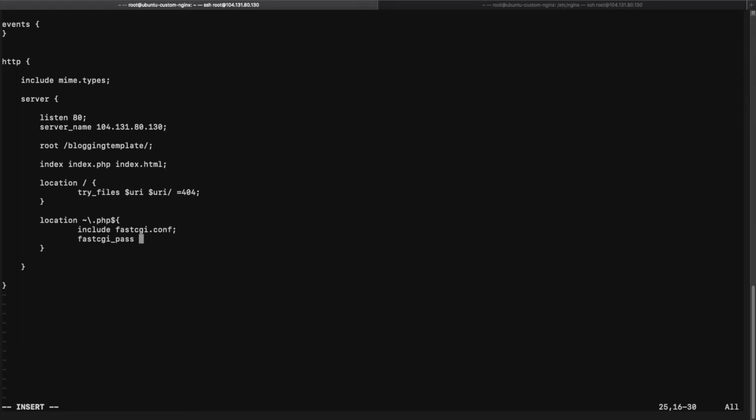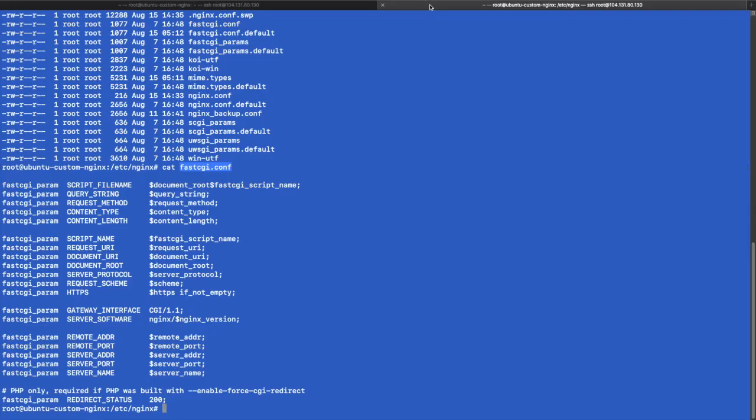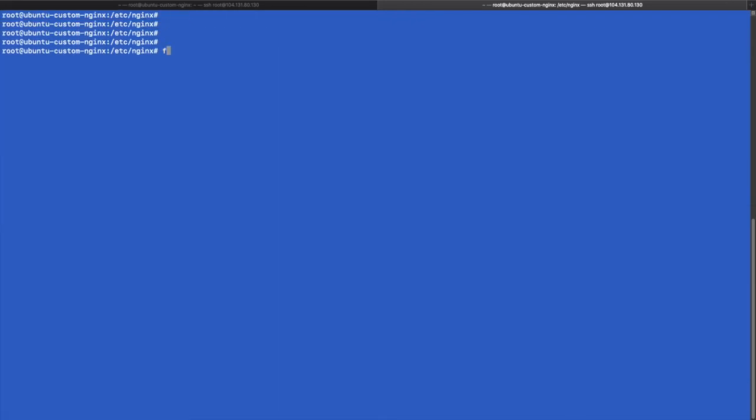So we will define unix: and over here we need to define the FPM socket location. If you don't know the FPM socket location, go to the terminal, the same machine terminal on which we are working, and type find / -name, which means we are finding a file at the root location whose name ends with fpm.sock.